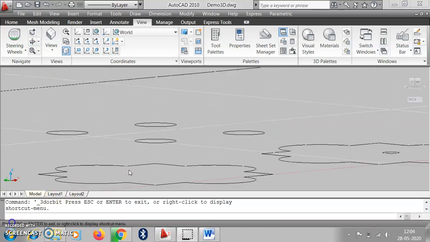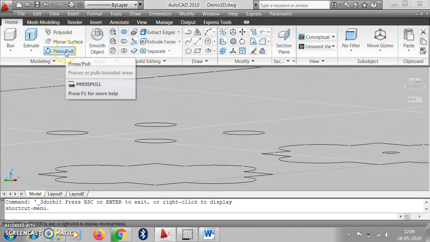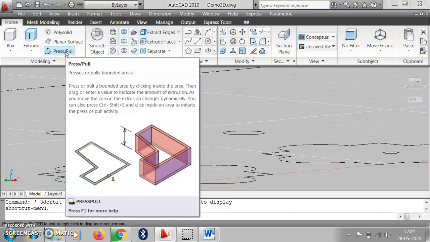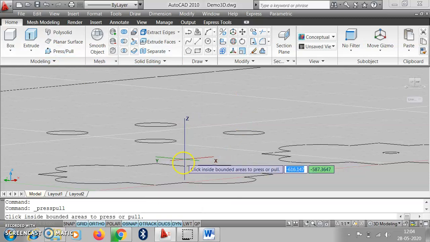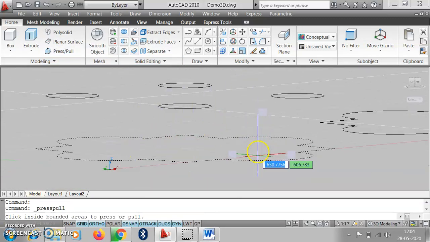Then using the press pull command, we can press pull it. Whenever we use the press pull command, there are some rules: the object should be clearly indicated here, or it should be totally covered on the screen.